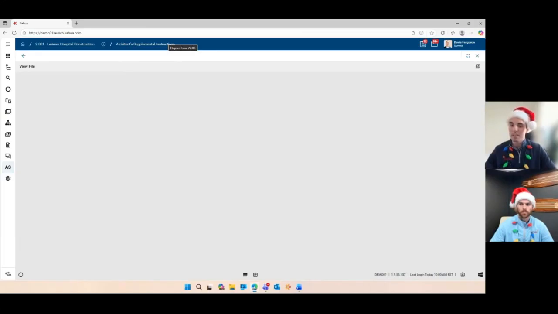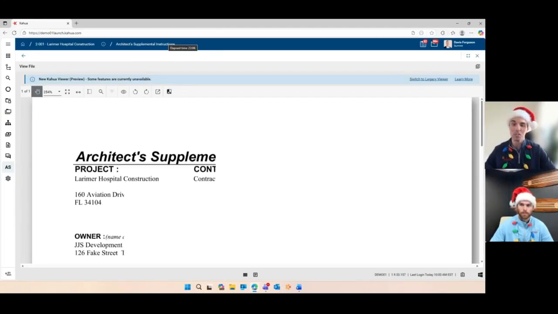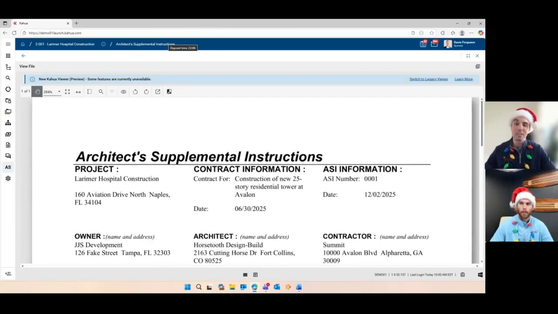And what this app does is it turns ASIs into a true two-way communication loop, instead of just a document that I send and I hope gets acknowledged. So I can track confirmations, I can see responses in real time, and I can maintain a complete audit trail